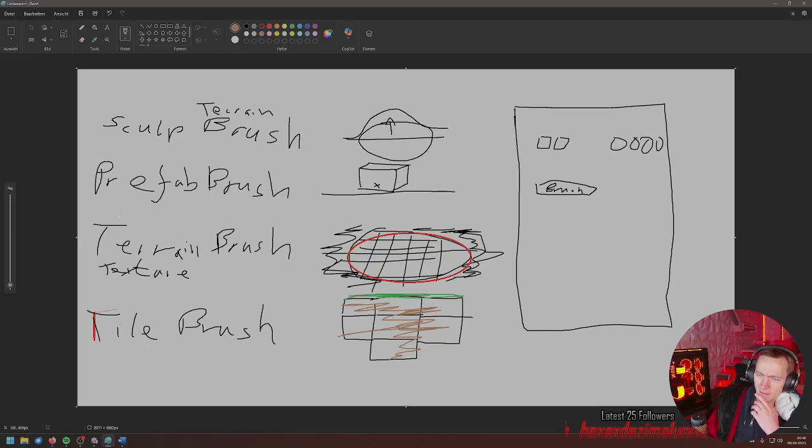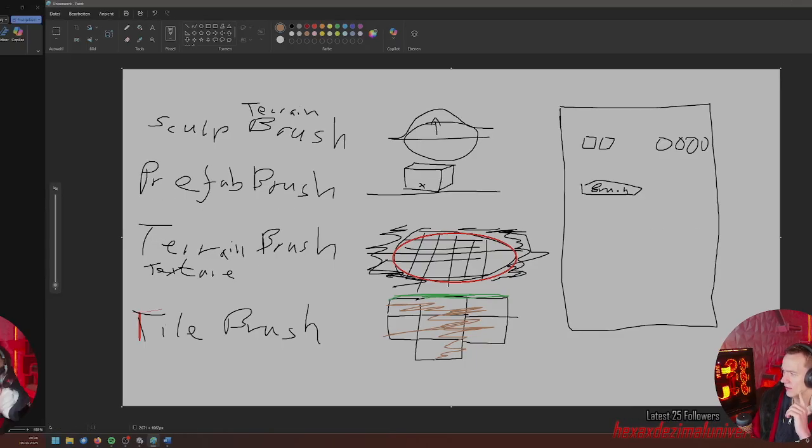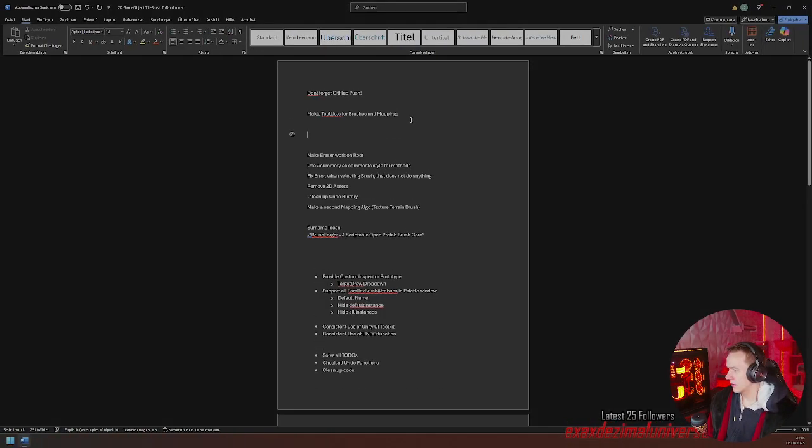So I've been thinking, okay, let's make it like this: have a main brush type, and a prefab brush. With the main brush type, I actually don't know what to do with it. It basically is just a brush.